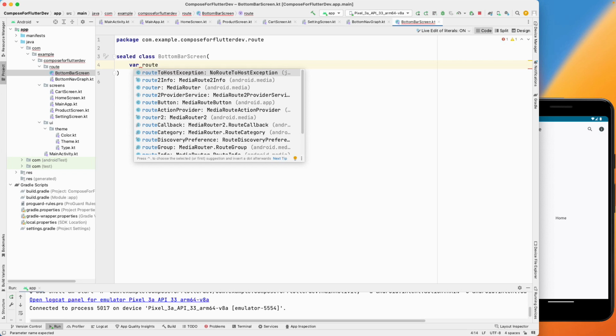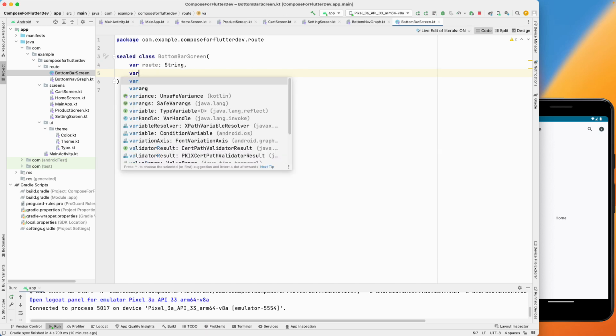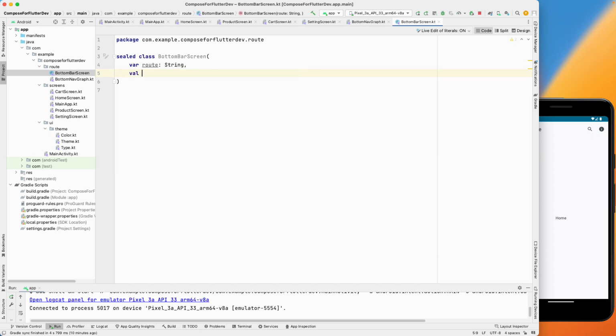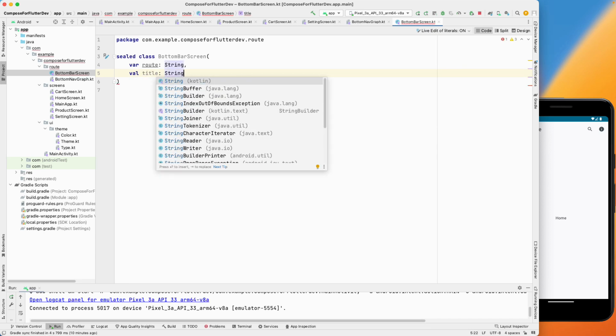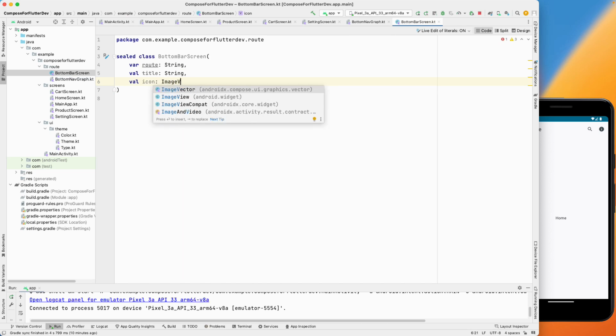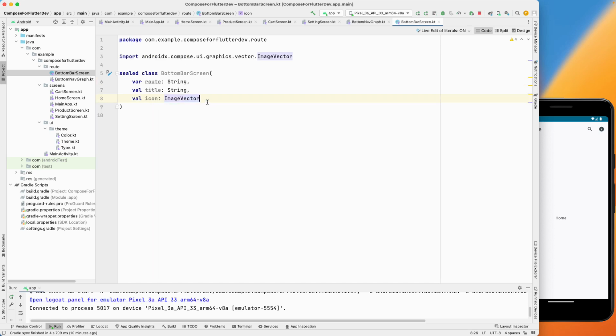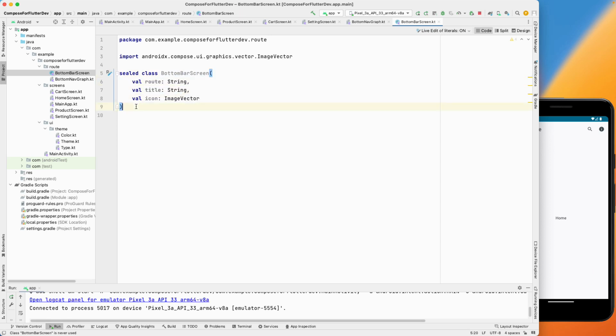let's say the route. This is the type of the string, and then we have another one, we'll make use of the val of the title, and this is also of the string, and we'll create the val of the icon, and this is of the image vector. So make sure you use it from the compose, so image vector over here, and let's make this one also as the val over here. So once we have this, let's open up the body, and inside we'll